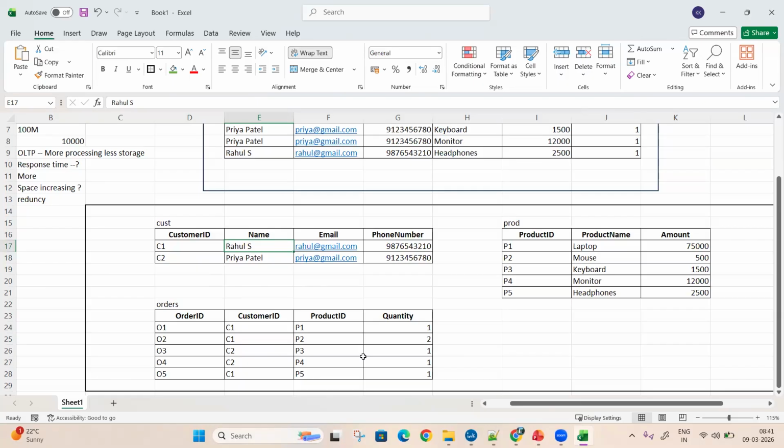Yes. Who is C2 here? Priya Patil. Priya Patil is C2. Now what I'm doing, I'm going and dividing and keeping into different tables. I'm normalizing my data. I'm going and keeping this information. But